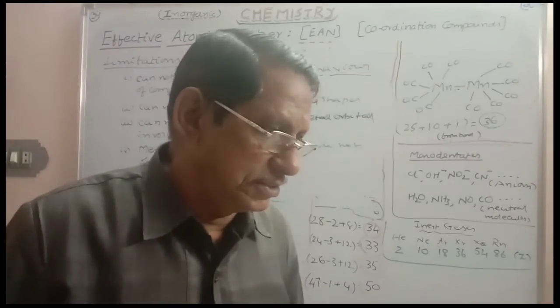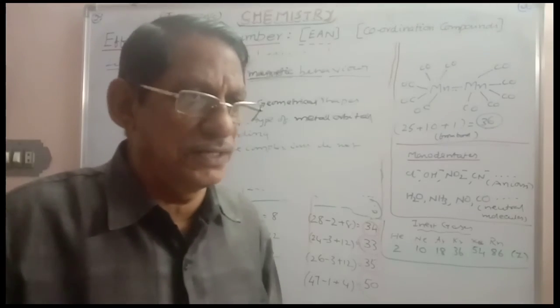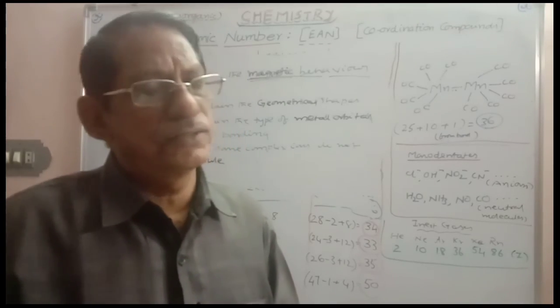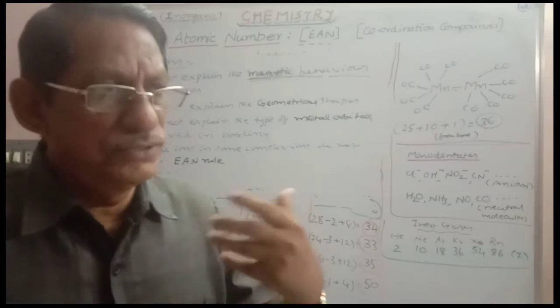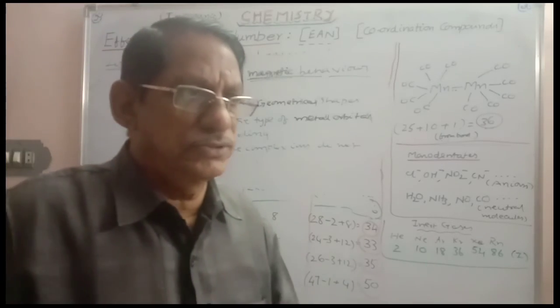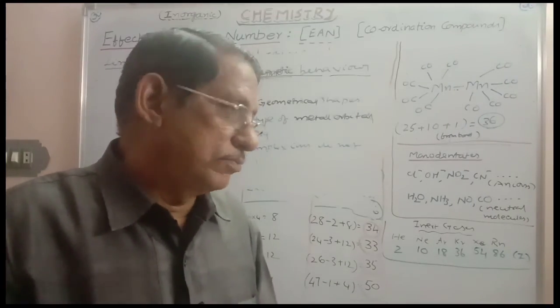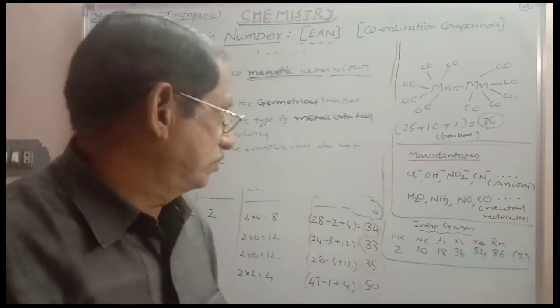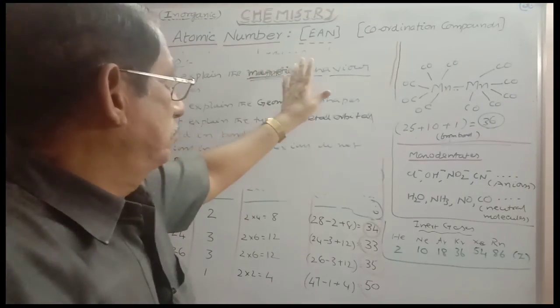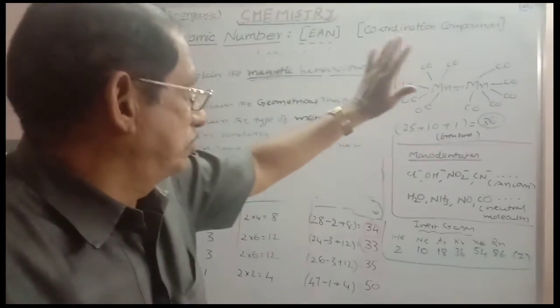These are limitations, and that is why some more theories are developed like valence bond theory and hybridization. And after that we will study the complexes, of course. Whenever we study the complex compounds in complete detailed manner, we will discuss all those. Okay, this is all about the effective atomic number, which is a part of the coordination compounds, a part of